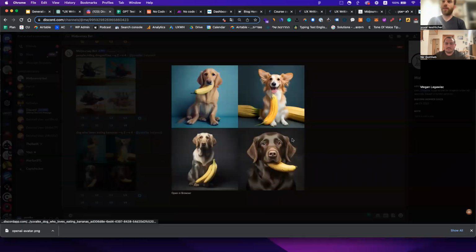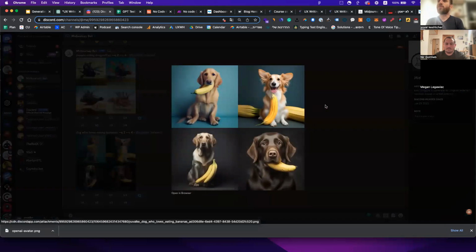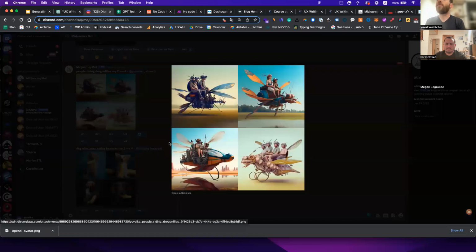So this is the dog eating a banana, by the way. We have 3 different versions. Here looks a bit like a corn. And here we have some folks doing the dragonfly writing. And so we can change the prompt. We can say, hey, what if it will be like Salvador Dali, or create it like it was 80s cartoon like, and then the prompt design basically will help you to do it in a different